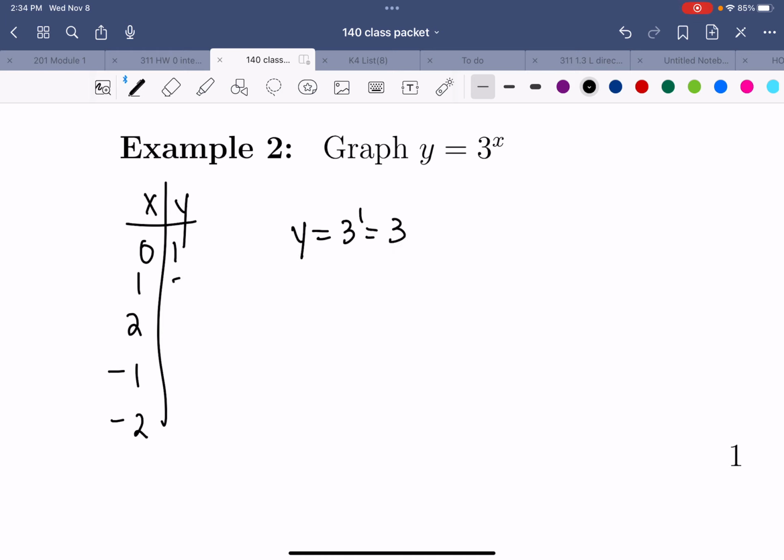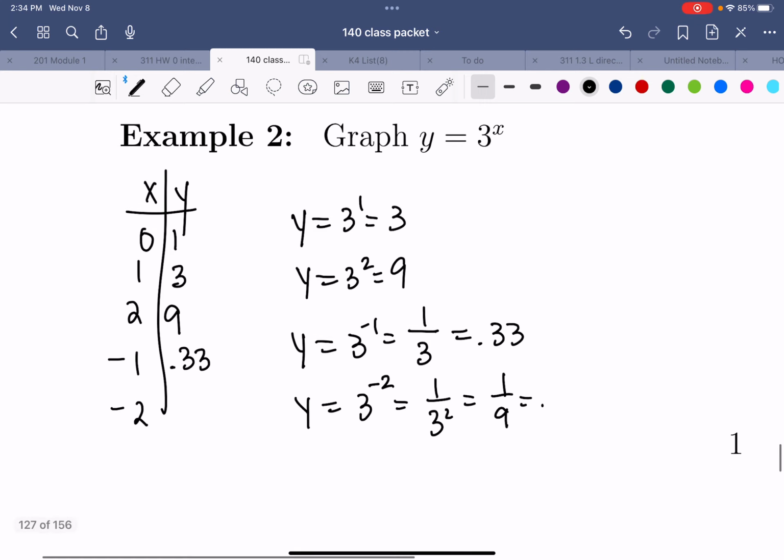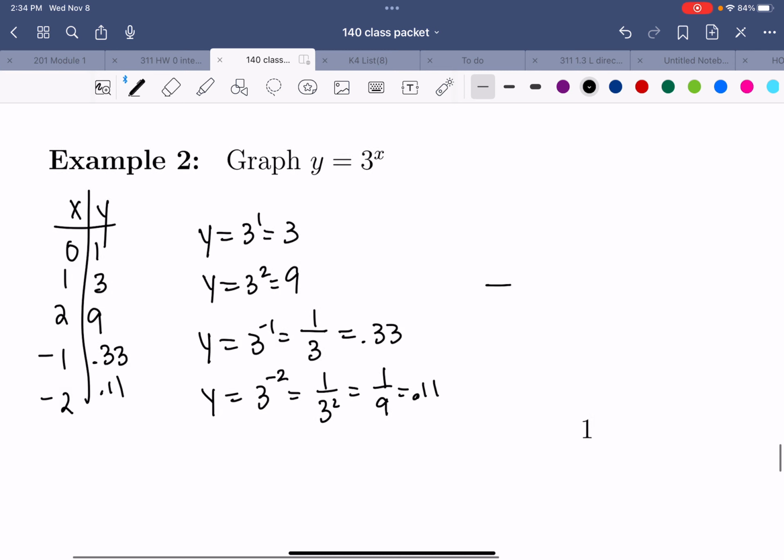For 3 to the first, we get 3. For 3 squared, we get 9. For 3 to the -1, we get 1 over 3, which is going to be 0.33, or 0.3 repeating. And for -2, you get 1 over 3 squared, which is 1 over 9. And that's going to be 0.1 repeating, so 0.11. And if we take a second and graph that,